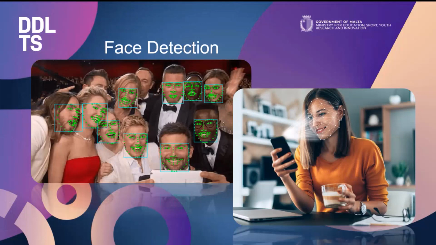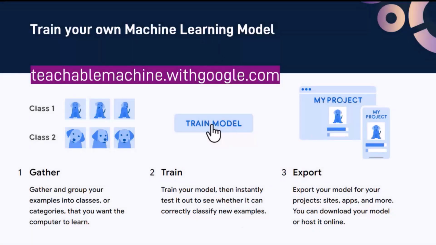Another technology related to machine learning is face detection, which can be used, for example, to log on to our phones. It is able to recognize faces and our face, and basically it's a technology also related to machine learning because it manages to recognize faces by looking at different faces and models of human faces.